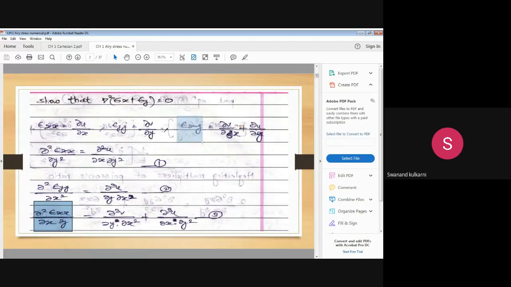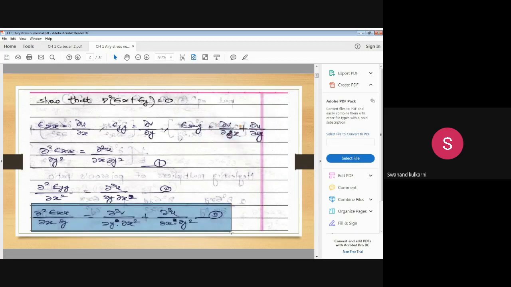That means this particular equation is first differentiated with respect to x, and later differentiated with respect to y. When it is differentiated with respect to x, it became ∂²v/∂x² + ∂²u/∂x∂y, and later after differentiation with respect to y, it will become ∂³v/∂x²∂y, and here ∂³u. It is already ∂y, first differentiation ∂x, and another ∂y, so it becomes ∂x∂y². So after differentiation, this is the term, that is equation number 3.